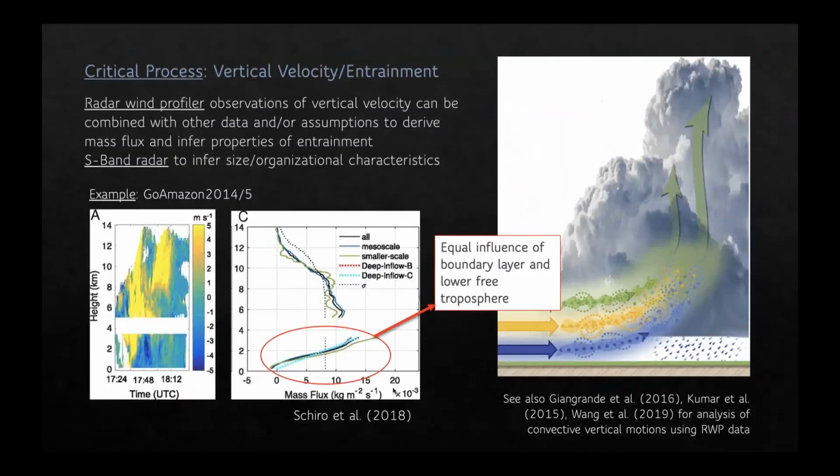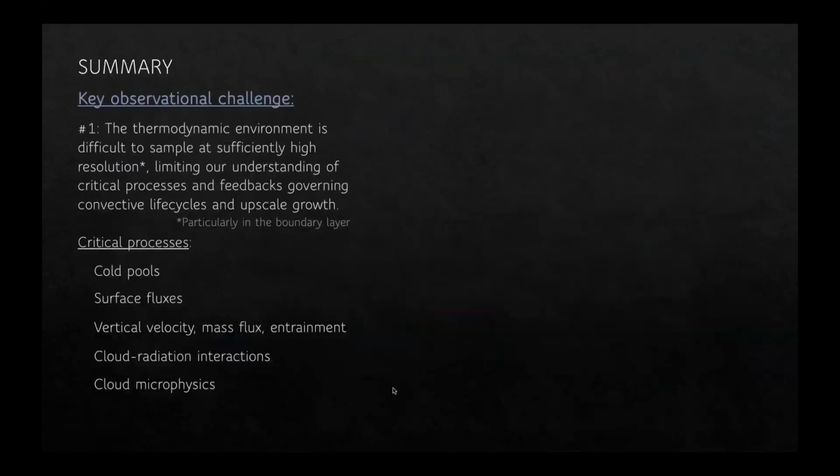And also critical processes like understanding vertical velocity and entrainment. We now have radar wind profilers that we have used in different ways to understand mass flux and infer properties of entrainment, that are new techniques that I'd like to encourage us to think about using moving forward. So to summarize, number one, our key observational challenge is the thermodynamic environment to understand these